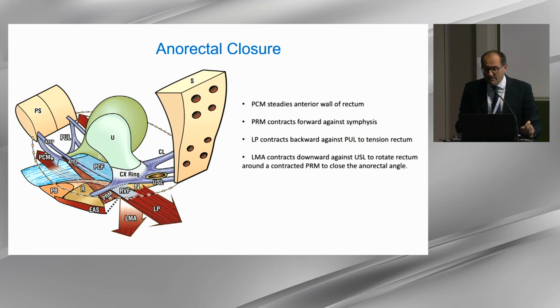The puborectalis muscle contracts forward against the symphysis. The levator plate contracts backward against the pubourethral ligament to tension the rectum, and the levator longitudinal muscle contracts downward against the uterosacral ligament to rotate the rectum around a contracted puborectal muscle to close the anorectal angle. So the functionality of the anorectal closure is really